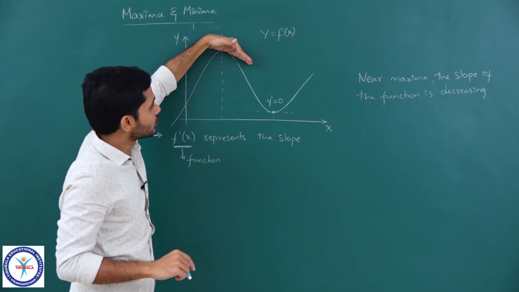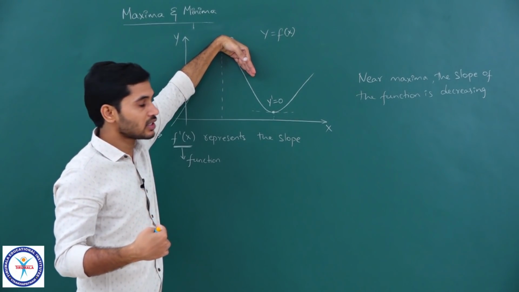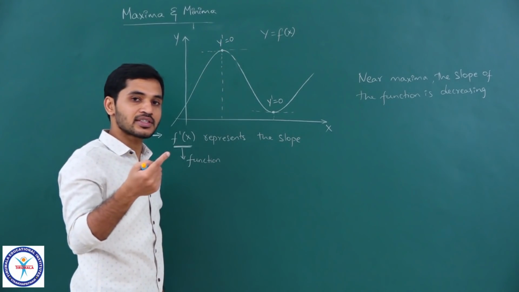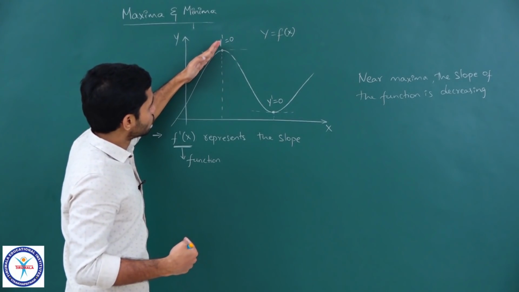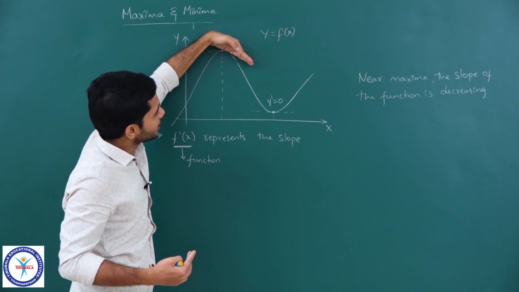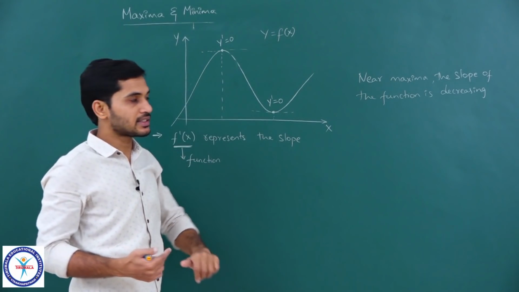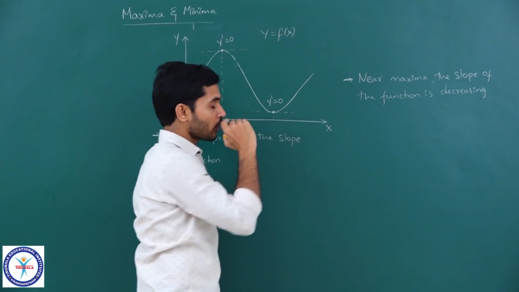So, from minus 1 if it goes to minus 2, it means decreasing only, the value of that is decreasing, clear. The magnitude of slope is increasing, but what is the value? Minus 1 is greater than minus 2, correct. So, 3, 2, 1, 0, minus 1, minus 2, minus 3. So, slope is continuously decreasing near maxima, right. So, please observe that point.